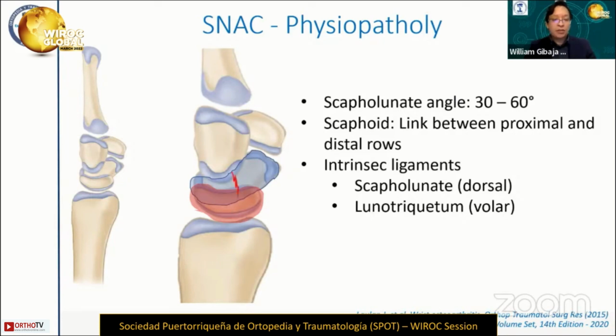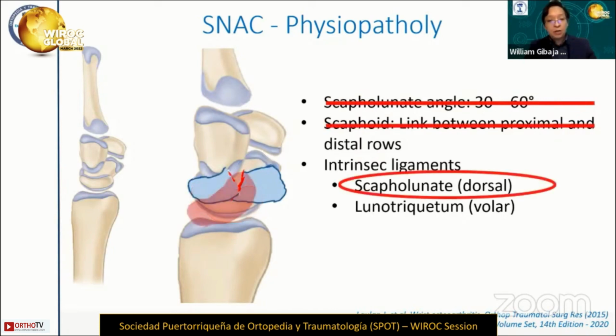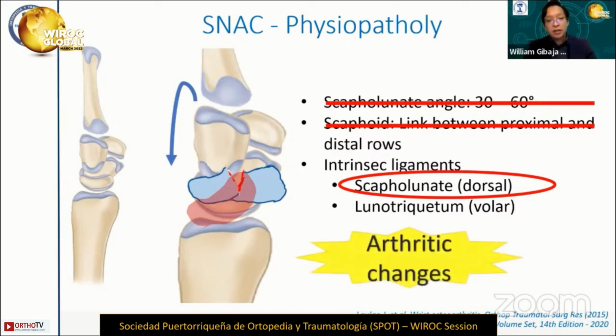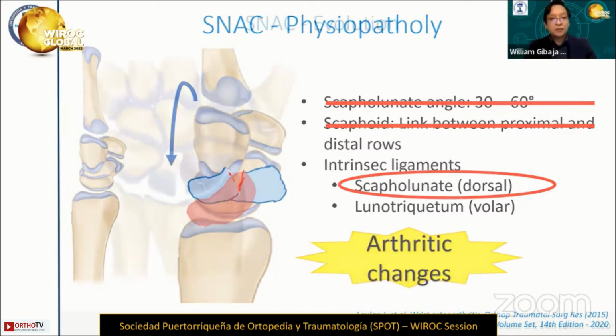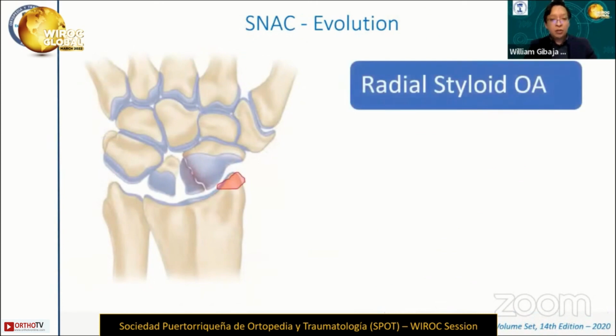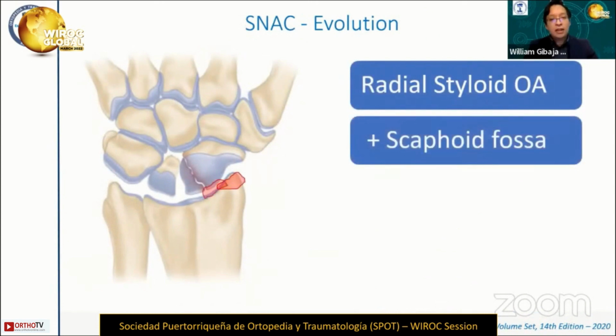But what happens when there is a scaphoid fracture and the scaphoid nonunion? Then this angle is lost. The distal portion goes to flexion, the proximal pole goes to extension, and the lunate goes to extension as well. So this linking row has been lost, and this makes the distal row collapse in the carpus, giving these arthritic changes. So in this nonunion, these arthritic changes will start at the radial styloid,